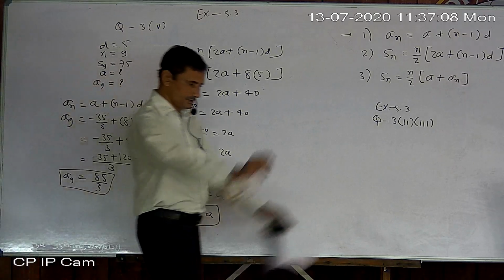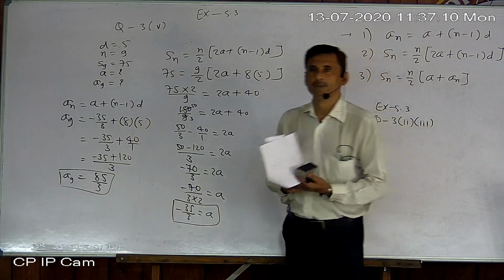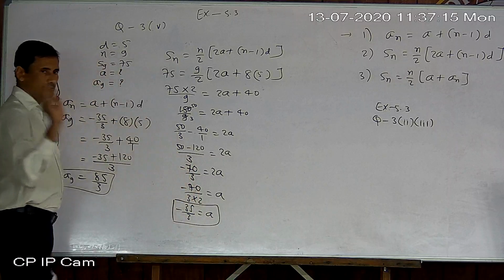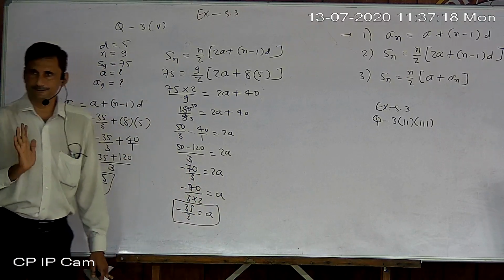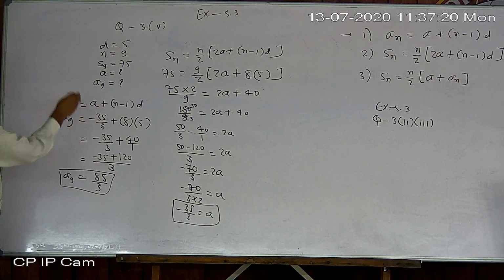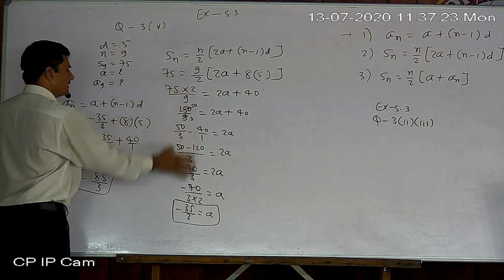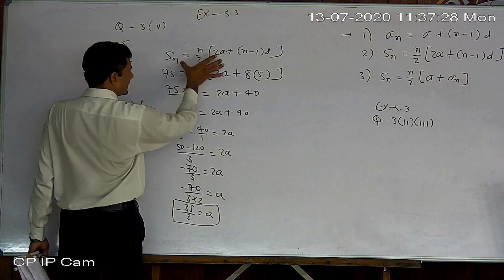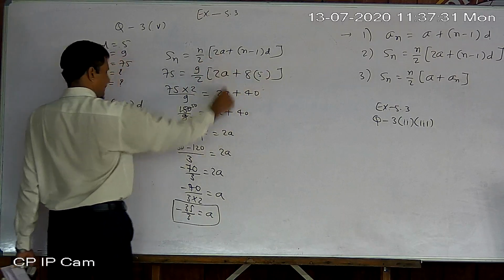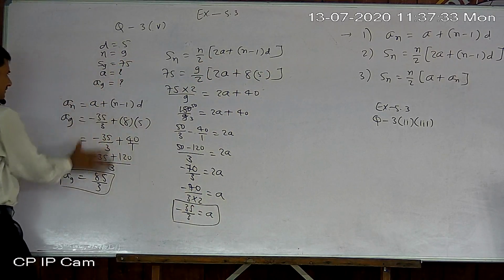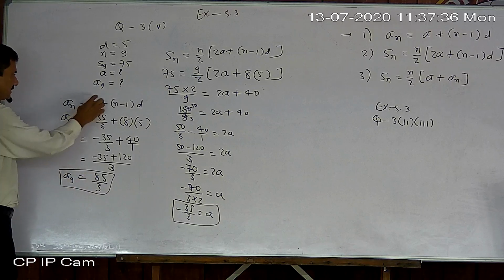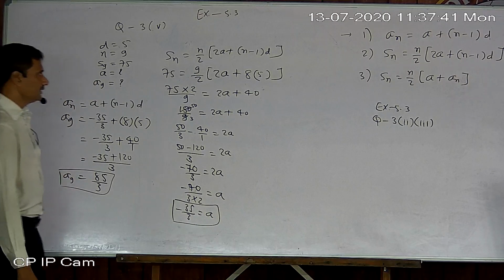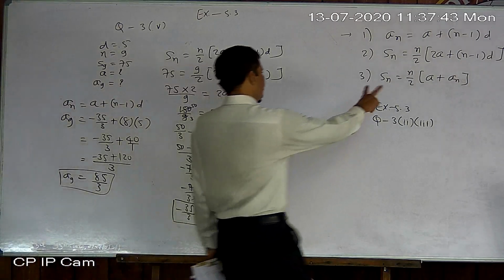Okay. Due to the fraction, don't get confused. Just keep it in fraction only whenever numbers like 3, 7, 11 are in the denominator. Okay, so you just understand that it is not quite long, but the calculation is a little long. Otherwise, it is very simple, because this one is applicable and only one thing was missing, and that was A. So we got it. After getting that, the second one is very easy. How? Okay, so we prefer the first one, and from the first one we find A. Otherwise, from the second one also you can find it here.